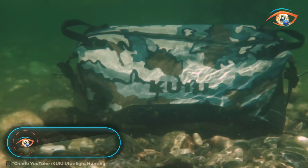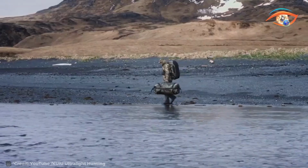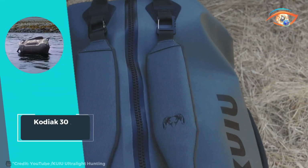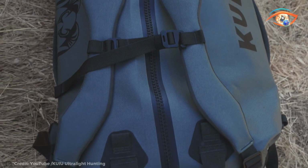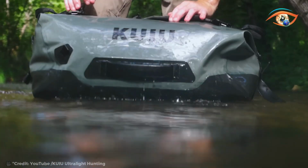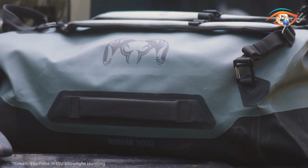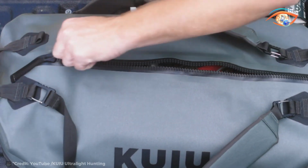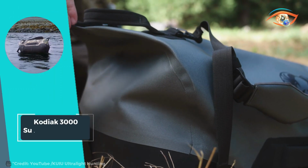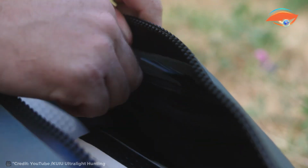Kodiak 3000 Submersible Duffel. The Kodiak 3000 Submersible Duffel is the ultimate solution for adventurers facing extreme wet conditions. With its waterproof IPX8 rating, this duffel is fully submersible, ensuring your gear stays dry even in the harshest environments. Watertight and airtight zippers further enhance its protective capabilities, keeping moisture out completely. The extended Dr. Bag style opening allows for easy access to your belongings, while its 3,000 cubic inches capacity maximizes